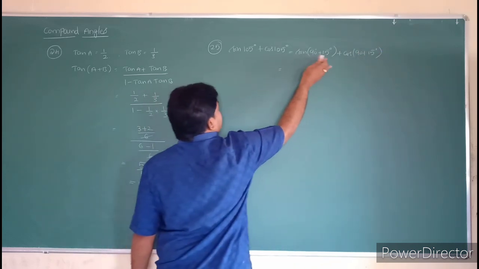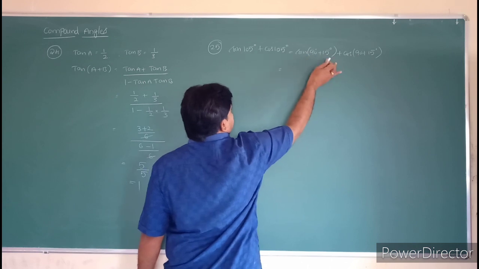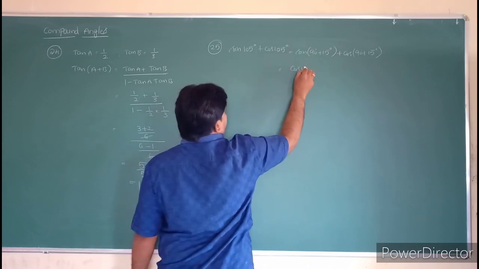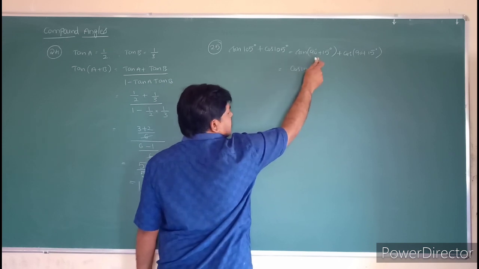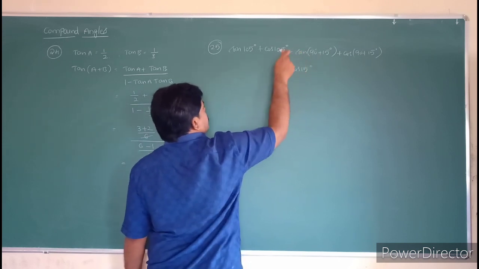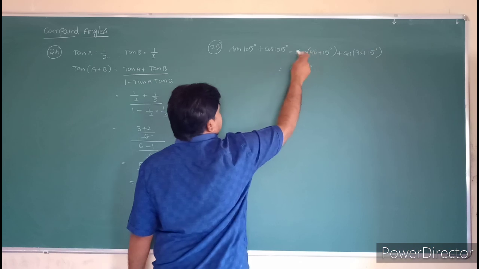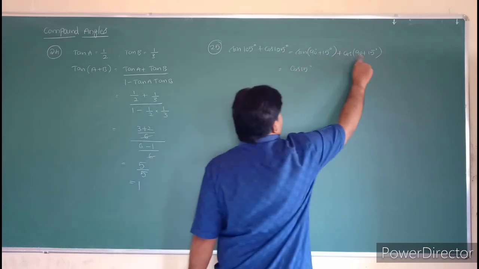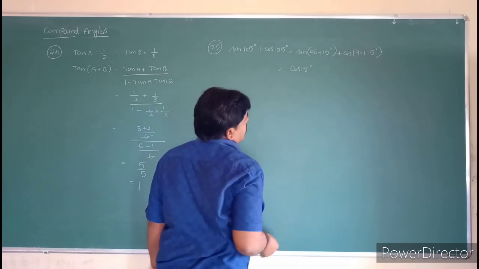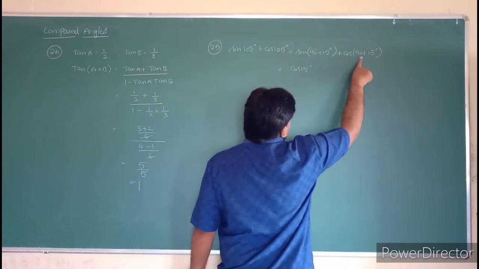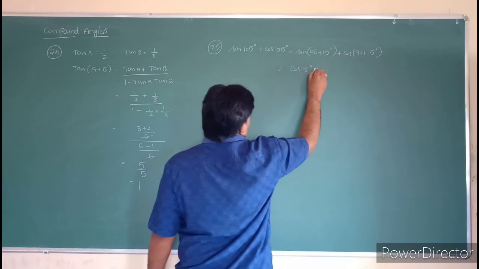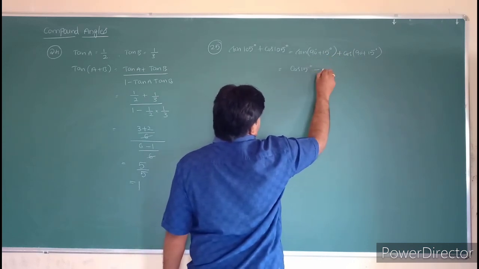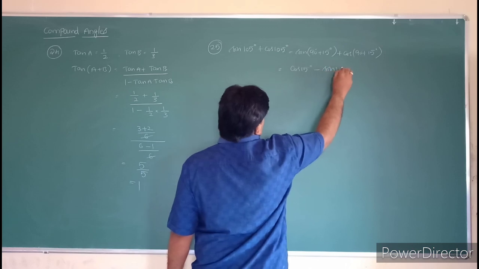Sin of 90 plus theta is nothing but cos theta. 90 plus means it is in the second quadrant. In the second quadrant sin is positive, so you will take the plus. But 90 is there, so sin will change to cos. Take the co-ratio. So cos of 90 plus 15 is nothing but, 90 is there, so automatically it changes, students. So that is nothing but minus sin 15 degrees.